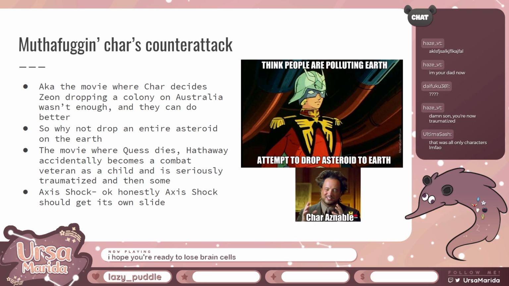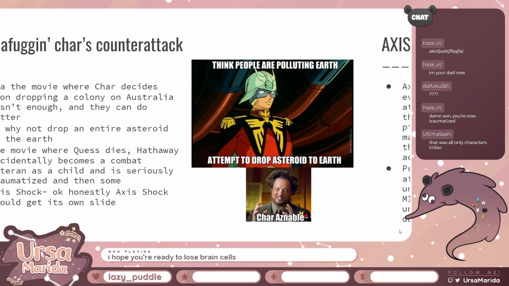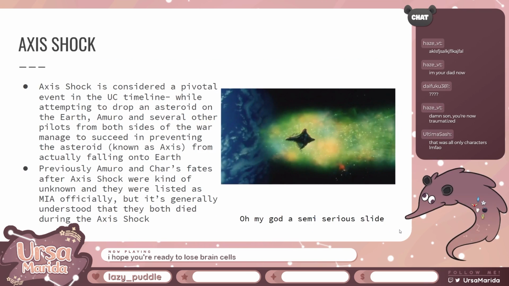And then there's the Axis Shock, which honestly kind of gets its own slide. This is like the one semi-serious slide in the PowerPoint, by the way. Because this was a pivotal event in the timeline. Basically in the middle of dropping the asteroid on Earth, Amuro and a bunch of other people come together to manage to prevent the asteroid from falling, and this is kind of referred to as the light of possibility, right? And in the series proper, most people outside the show know that,